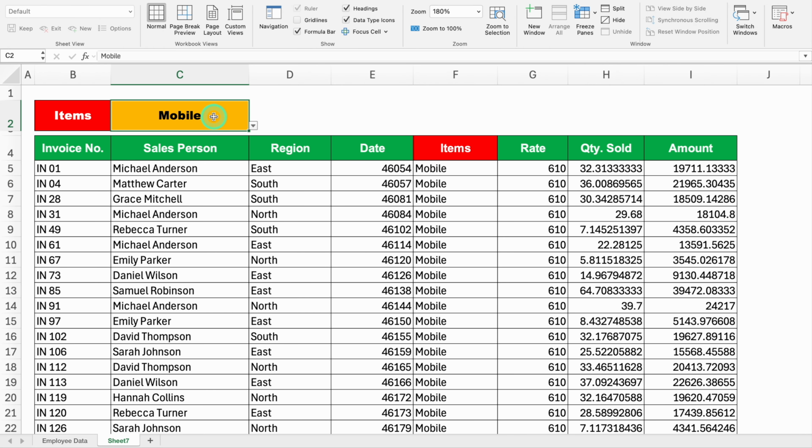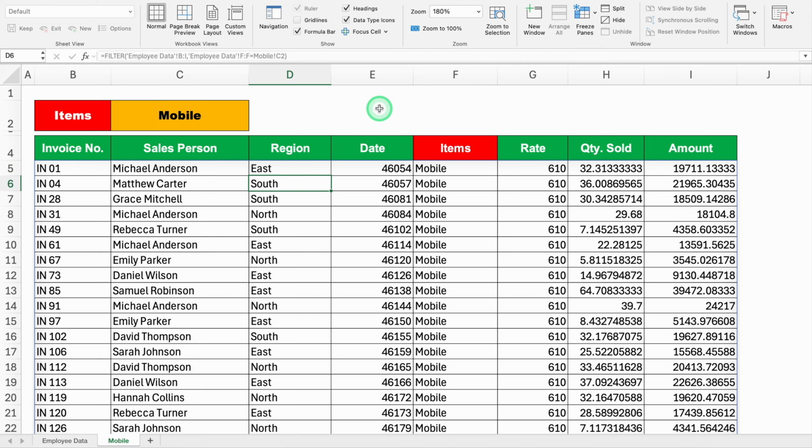We'll click on items name. We'll go to formula bar and we'll copy this. Control C or Command C. We'll hit enter. We'll come to the bottom. We'll double click and we'll paste item name over here. Control V or Command V. We'll go on top. Over here we will have to do some